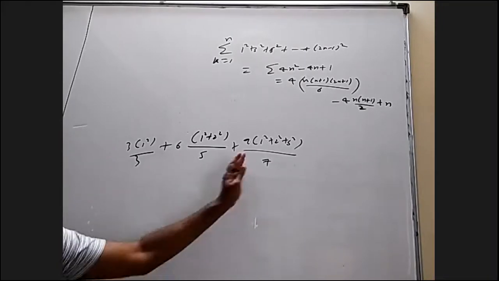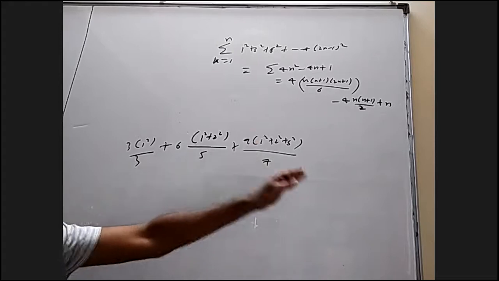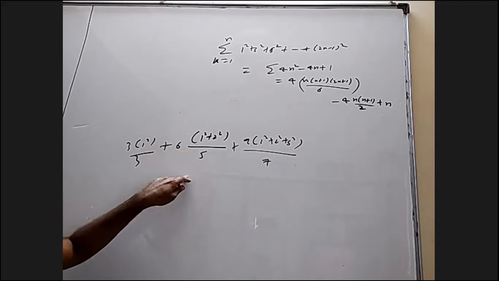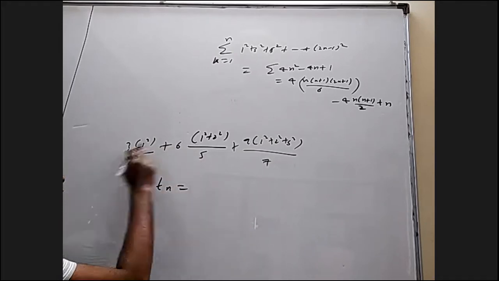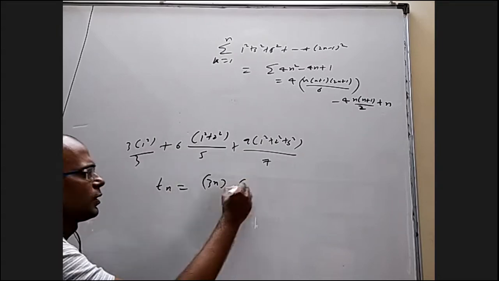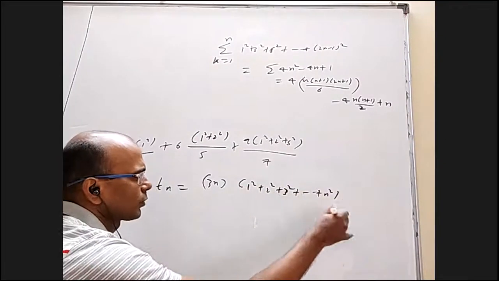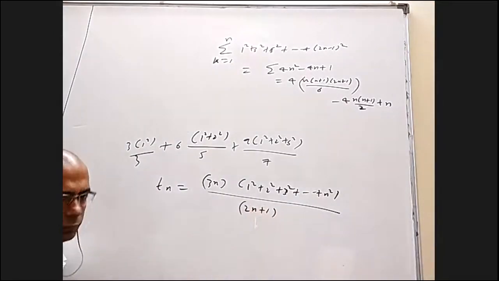From here onwards, everything is given neatly, but they give 6 here, 1 here. By looking at the pattern of the rest of the terms, you understand this should be the second term. But number 6 can be readjusted, number 3 can be readjusted. Now you can understand what the nth term is. 3, 6, 9 means the nth term will be 3n. This will be 1 square plus 2 square plus 3 square, and so on up to n square. 3, 5, 7 means it will be 2n plus 1.